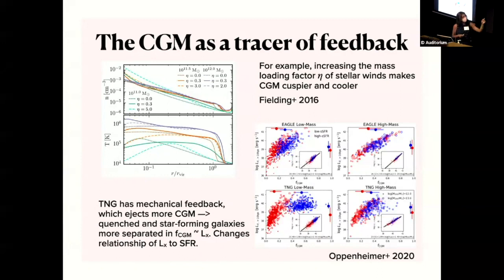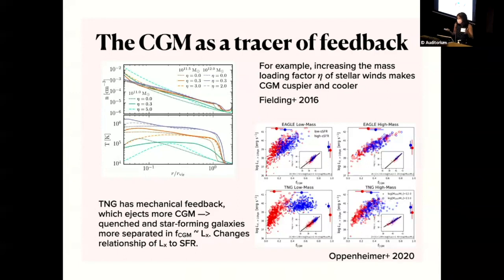For example, Drummond Fielding had these simulations in 2016 where, if you do an idealized study, you can tweak one parameter of your feedback model at a time and see what it does, right? So in that particular paper he looked at the mass loading factor of stellar winds. And he was like, if you change eta, you can end up with these profiles that are more or less cuspy, more or less cold or hot at the center, right? So you can see these signatures in idealized experiments. On the other hand,